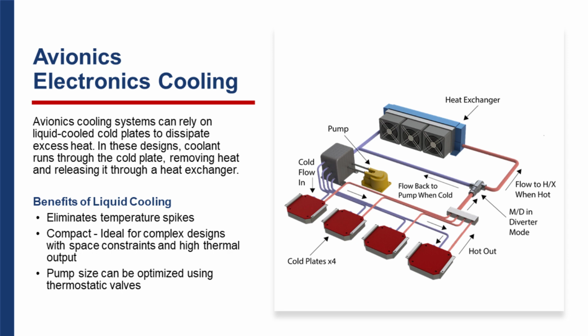And again, same thing as in the last example for the hydraulic systems. You'll see when it's below temperature, it'll just recirculate itself right back to the pump again. Once it gets up to the preferred operating temperature, it's then going to divert and send everything up through the heat exchanger to keep it at that temperature. And this last bullet point where it says pump size can be optimized using thermostatic valves, on the outlet line, on each cold plate where the hot out line is there, you can add what we